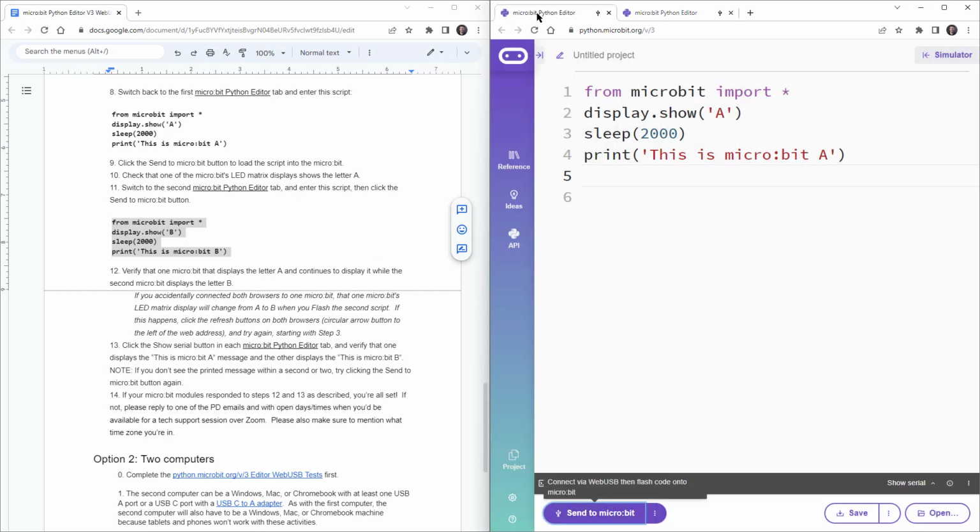Now keep in mind, this tab is connected to one microbit, and this tab is connected to the other microbit. That's why for the left tab, or the first tab, we selected the first microbit in the list, and for the second tab we selected the second microbit in the list. So what we're going to expect is that one microbit will display the letter A, another microbit will display the letter B, and also,